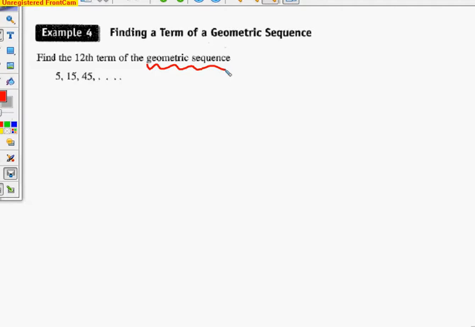Now I could keep going. This is the first, second, third term. This is a sub 1, a sub 2, a sub 3. I could keep going until I find a sub 12, the 12th term, but I'm going to be more clever than that. I'm going to find the common ratio by taking any two consecutive terms. Let's take just the first two, right? So the ratio, r, is a sub 2 over a sub 1, which is 15 over 5,